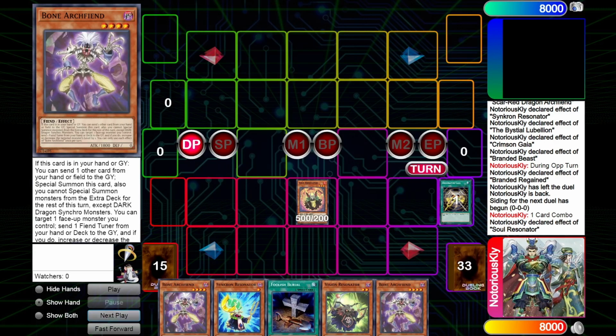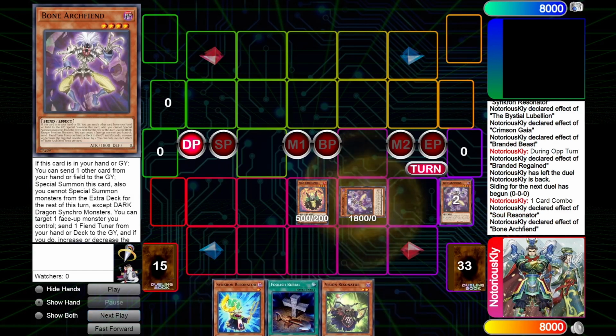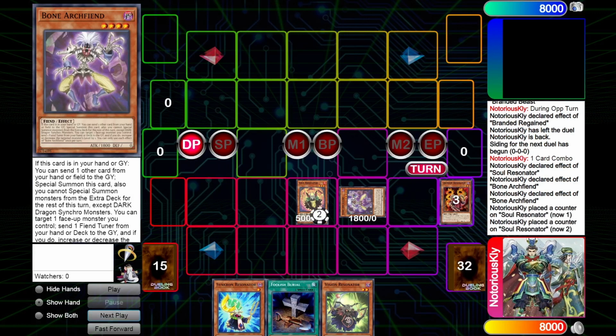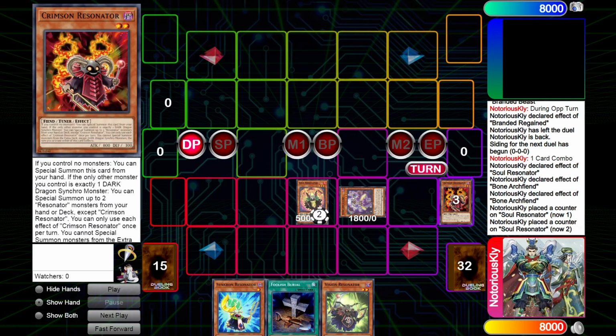We will use Bone Archfiend, sending any card from our hand to the graveyard to special summon itself. We will then use Bone Archfiend's effect targeting Soul Resonator to send a Fiend type tuner from our deck to the graveyard to modulate the level of Soul Resonator up or down. We are always going to choose to modulate it down 1. Soul Resonator will become a level 2, and just like you saw last time, we sent Crimson Resonator from deck